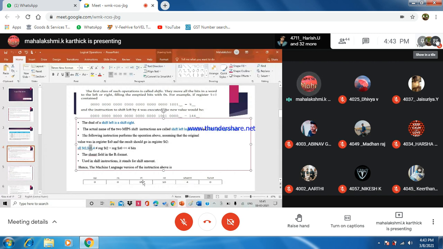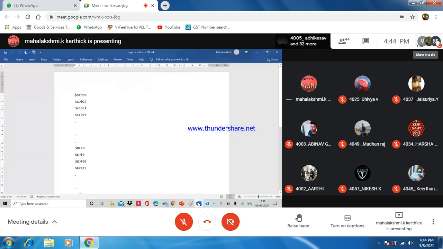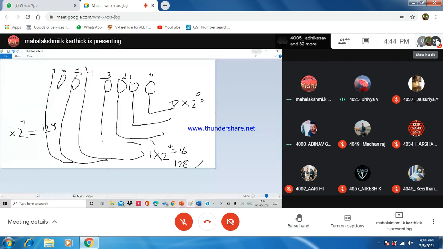RT is nothing but the second register source operand. What is the value of S0? Please reply, make it fast. Value of S0? 16. So we have placed it inside the instruction format. RD is the, what is that RD? Explain the field. Destination register. Very good. Then T2, what is the T2 value? 10. Very good. Then default எழுதி வெச்சுக்கோங்க.